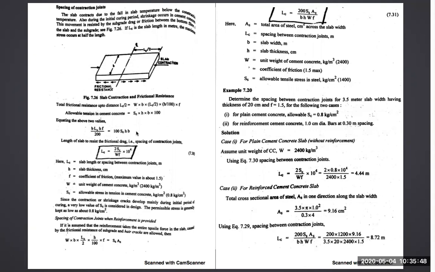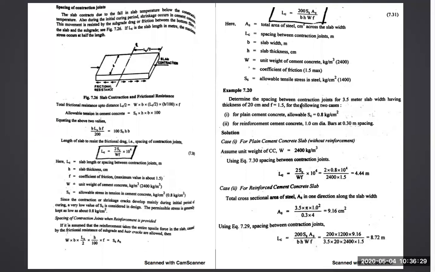So you need not worry about how these are derived, but I have given you a brief idea of how these are derived. Okay, and directly you can go for substitution, and you need to remember these values. Sometimes it will be given and sometimes it will not be given. Like unit weight of concrete, most of the time we will be using this, but it will not be given. Coefficient of friction 1.5, you can go for assumption of this also. This may be given, may not be given. Allowable tensile stress in steel also may be given, may not be given. So here I have told you this 1400, they have wrongly taken it as 1200.